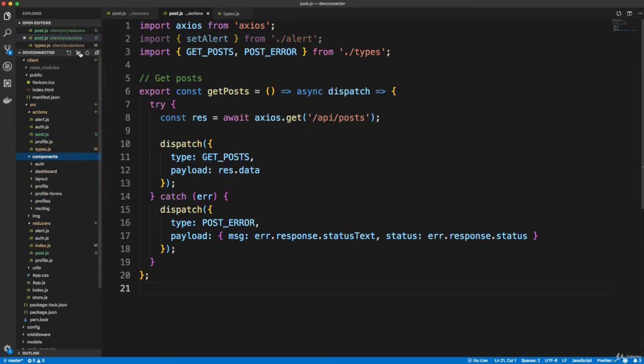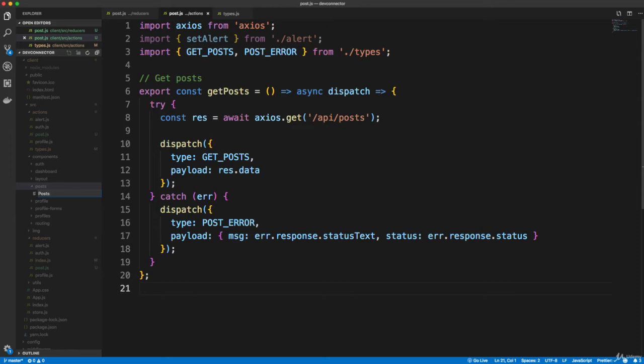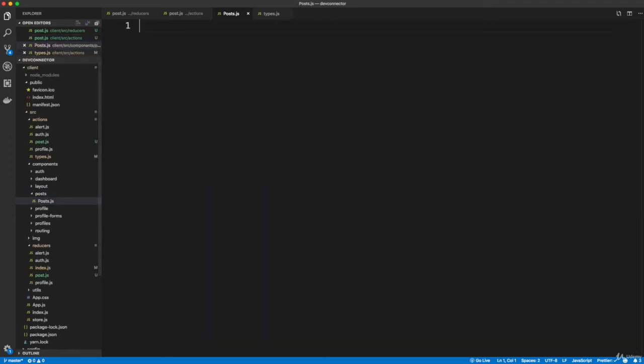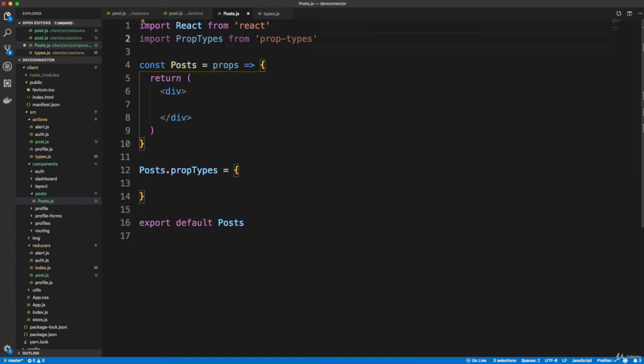folder, let's create a folder called posts, plural, because we'll also have a single post as well. So in posts, we're going to have a component called posts.js, and we'll have some subcomponents as well. This is the parent. So let's do RACFP, and let's bring in a couple things up here. In addition to React, let's bring in